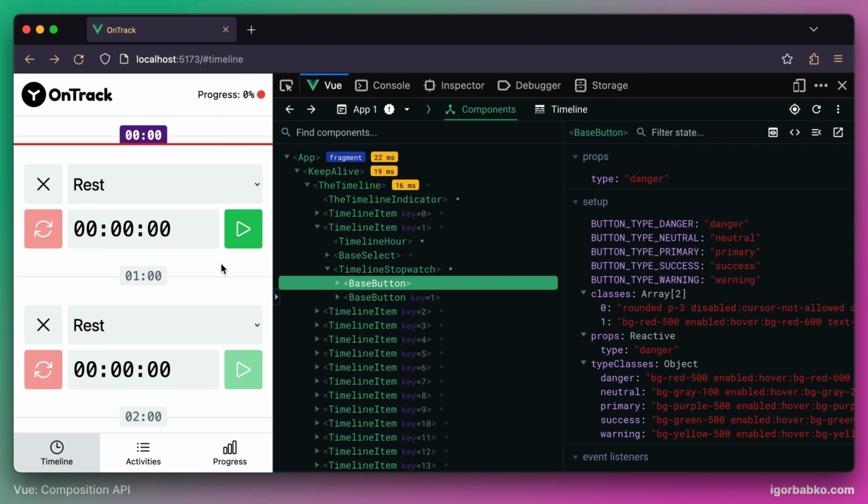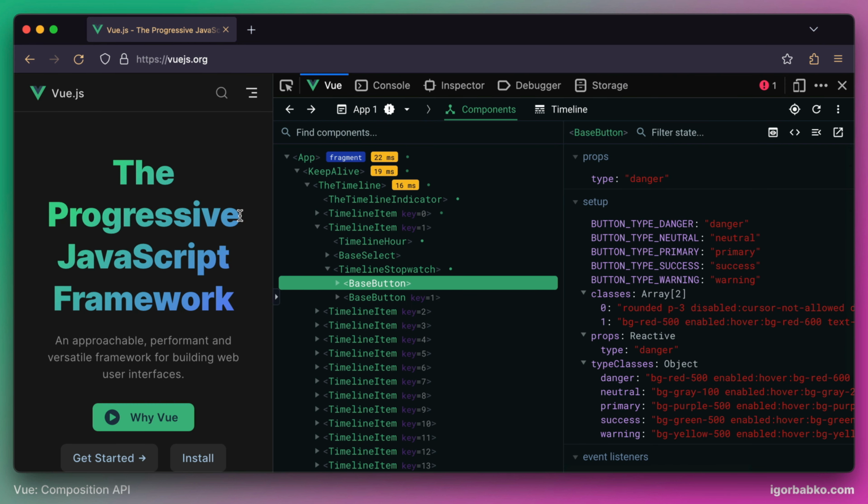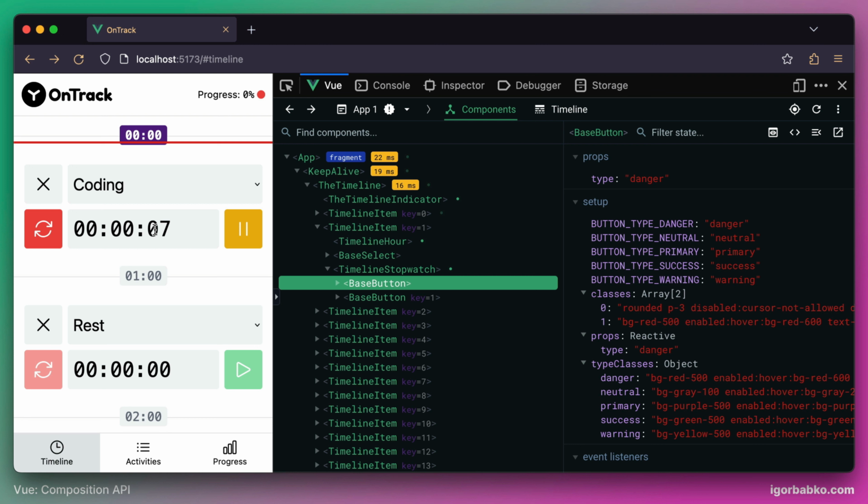And here is an example. If I start tracking the time for coding activity, and let's say I close this application when the stopwatch reaches 5 seconds, and then I wait for about 5 seconds while being on another page, and then come back to our application. As we can see, the stopwatch starts counting from 5 seconds, so those additional 5 seconds that have passed while we were on a different page are gone. So let's figure out the way we can fix it and actually include idle time in the total amount